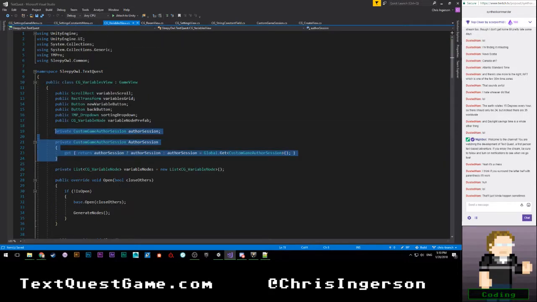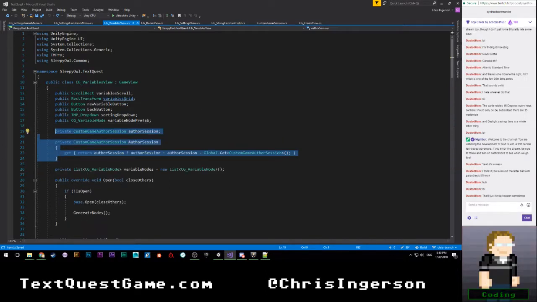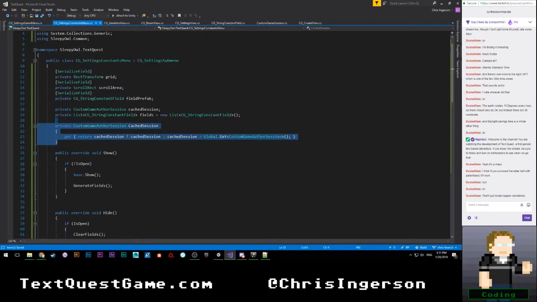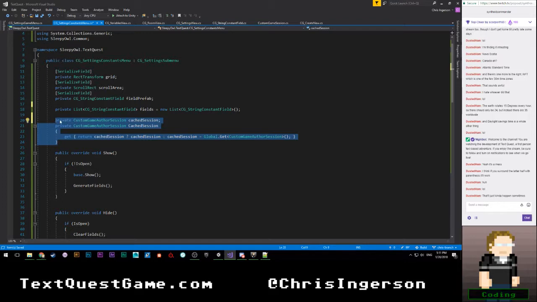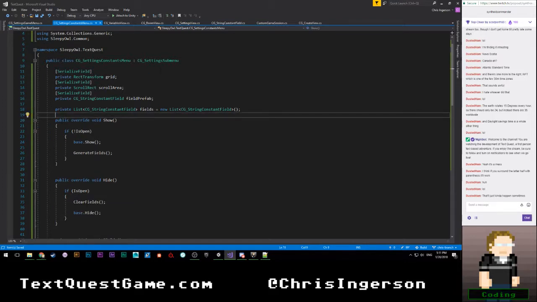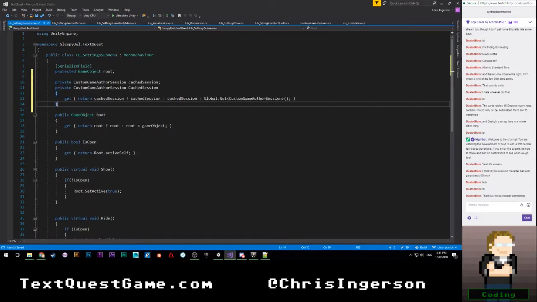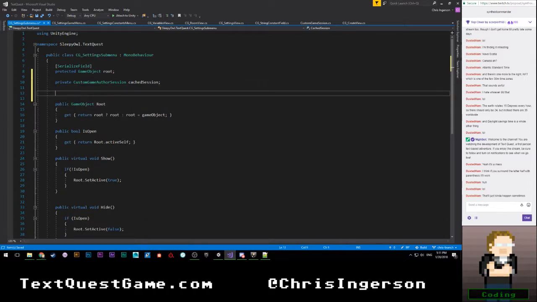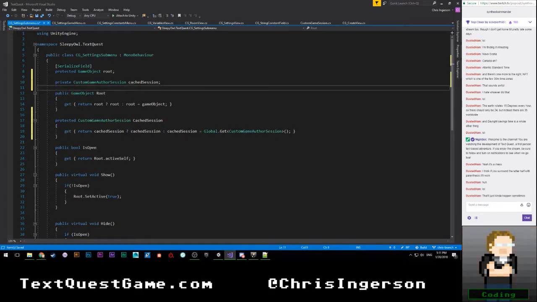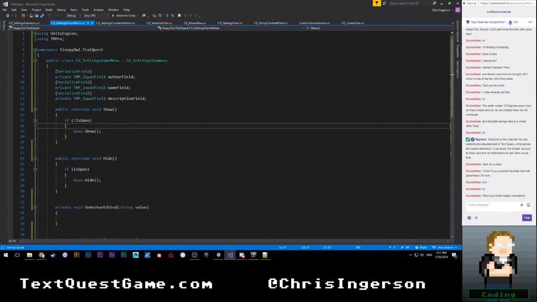So I might actually move this stuff out of the constants menu specifically and move it into the settings submenu, because I'm going to need to use it a couple of times. Let's go back here, go to definition, and paste that in. We'll make this protected. Move this below root there, and we should be good. Now that should all compile still, and now my settings game menu can do this.